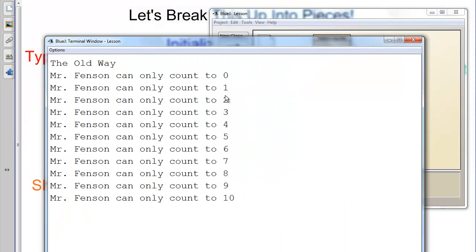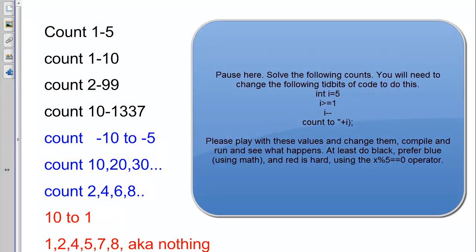When I compile and run this, which feel free to do on your computer, you'll get this. Now, the fun thing about this is, I want you to change this to count 1 to 9. Your code right now goes 0 to 10. What I want you to do right now is count. Go ahead and work on your code. Output 1 to 9, then go 1 to 5, then do all